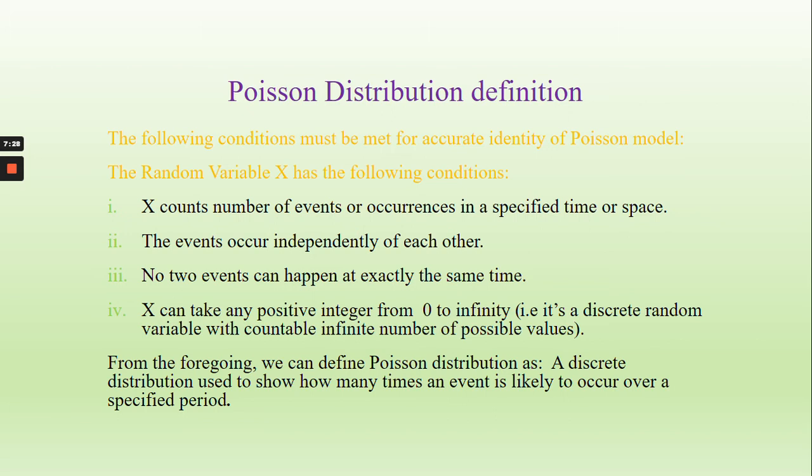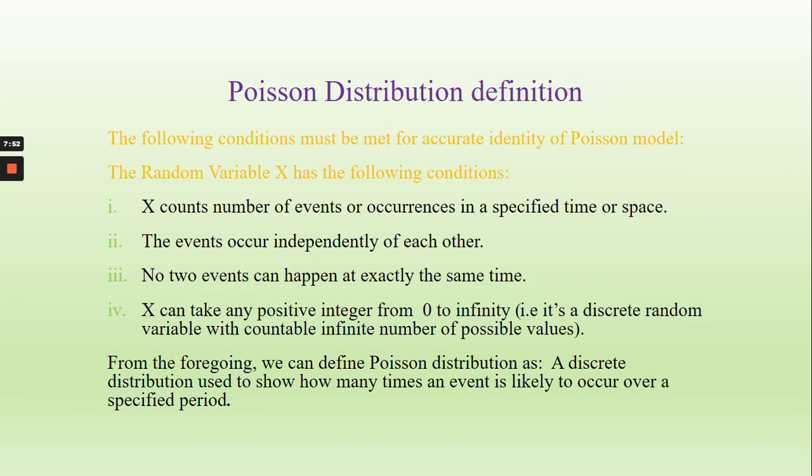You can consider the number of vehicles that are passing at a point in a specified time. That is also another scenario where you can use Poisson distribution. Therefore, the fourth point is that the x can take any positive integer from 0 to infinity, which means this